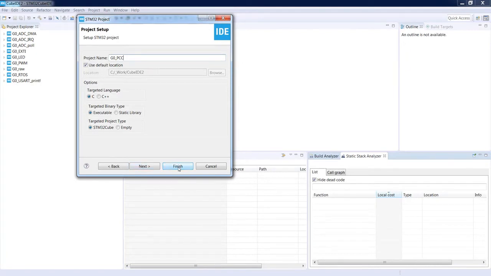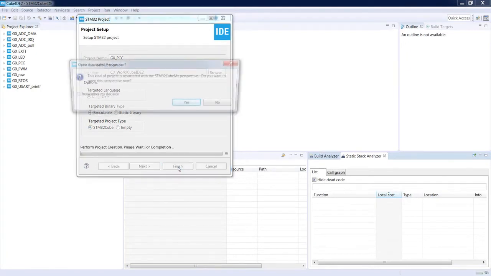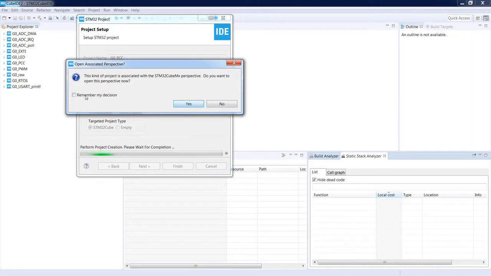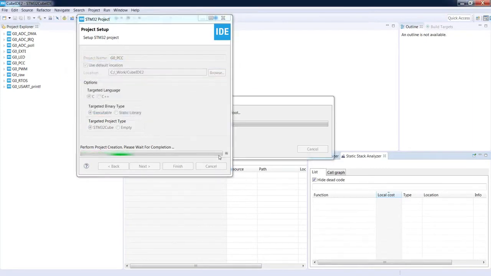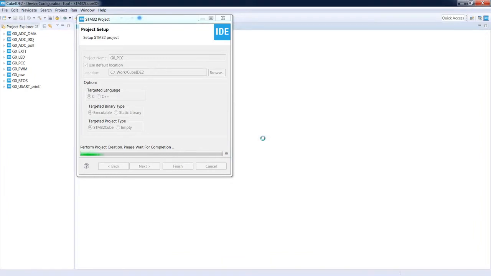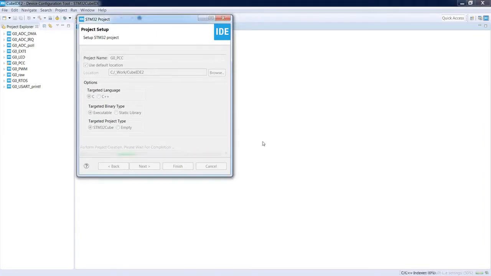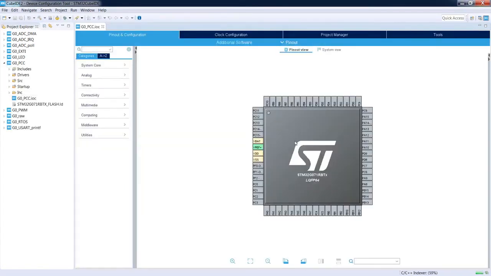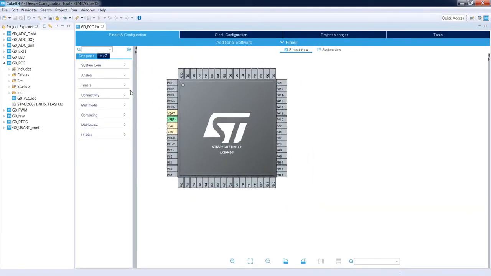All the settings are the same, default ones. Yes, the CubeMX or device configuration perspective would be opened. Okay, so we've got an empty project.